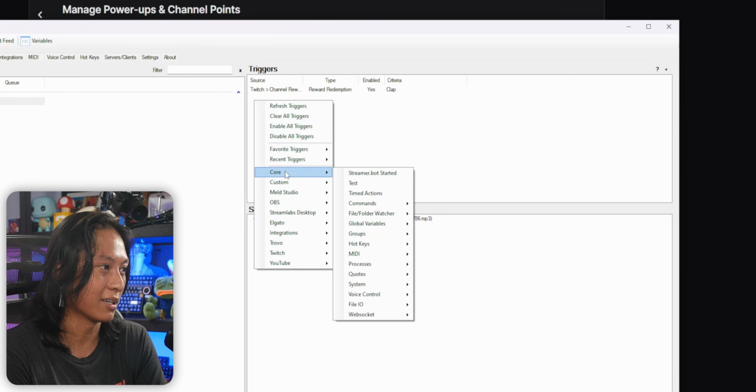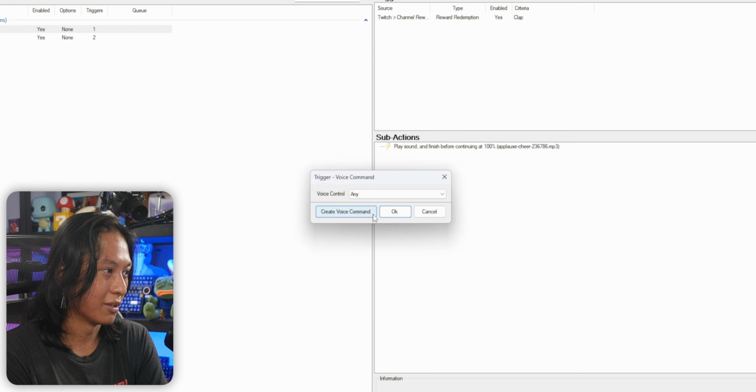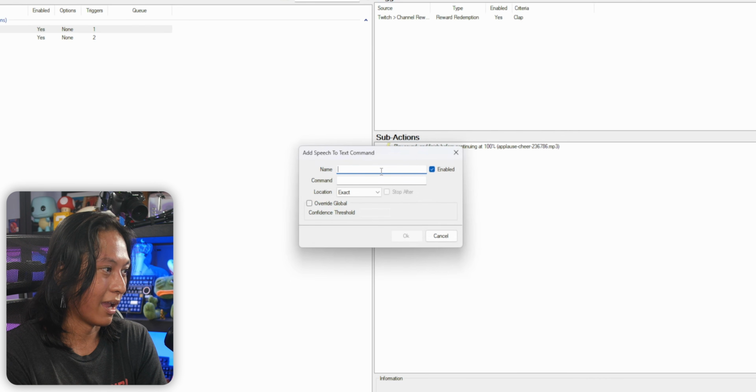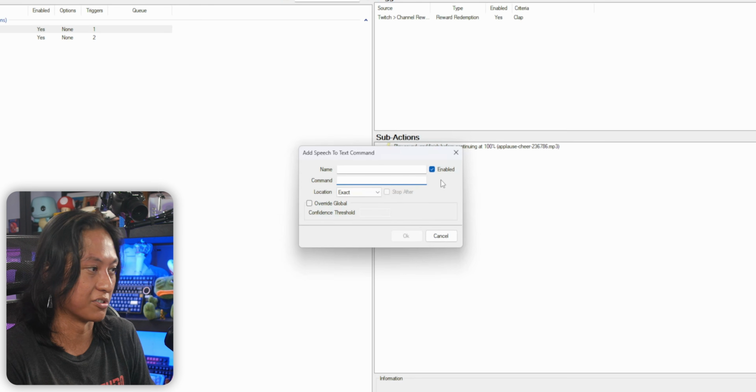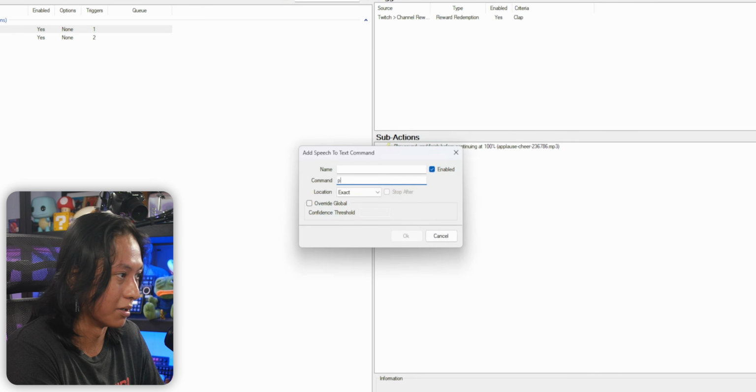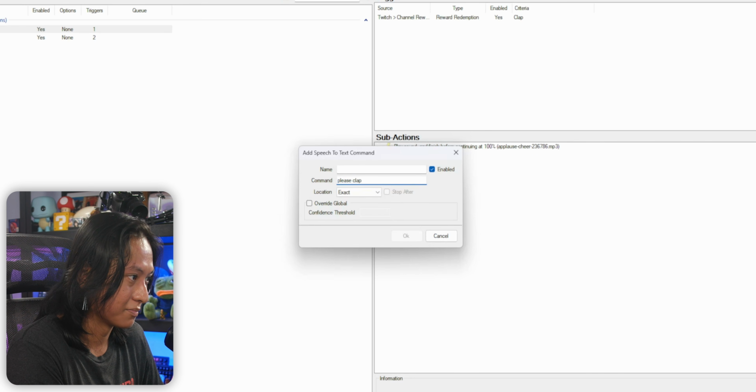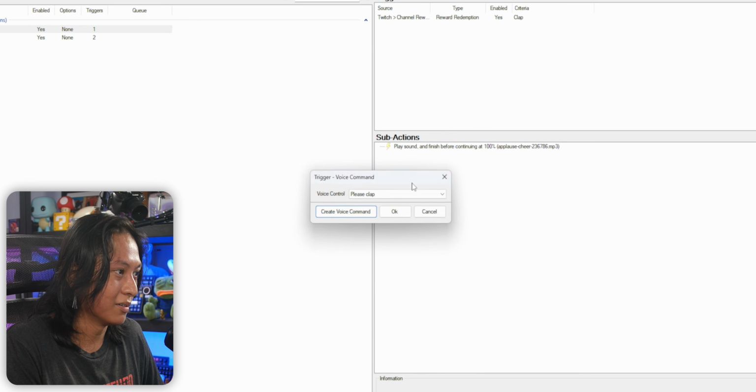So we just right click, core, voice control, command, create voice command, and then here we'll type in the phrase that we want to say. So in this case, maybe please clap. And then we have to give it a name too. Please clap. And then press OK. And so from now on, anytime I say the phrase, please clap,